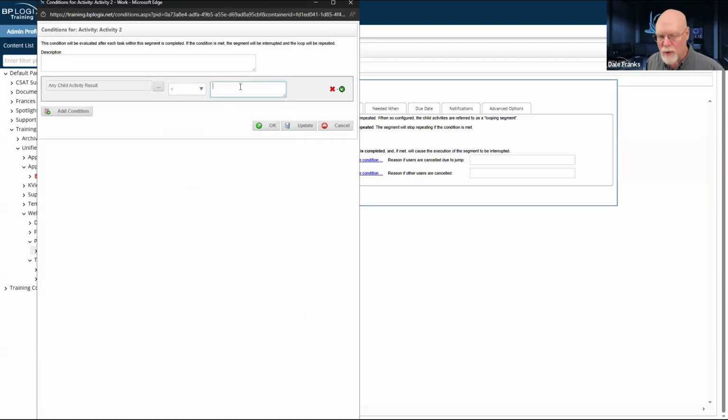If we use equals, we have to be sure that we use exactly the same verbiage in every single activity. But we're going to keep it with the equal for right now. We're just going to call it resubmit. So I'm going to definitely need a resubmit result for every process, a timeline activity.